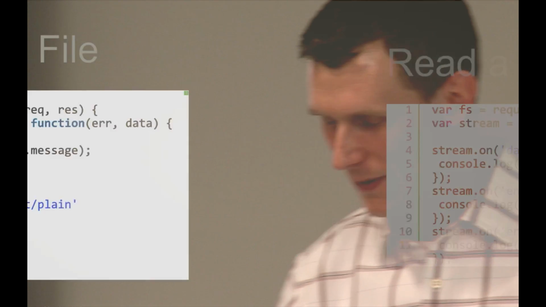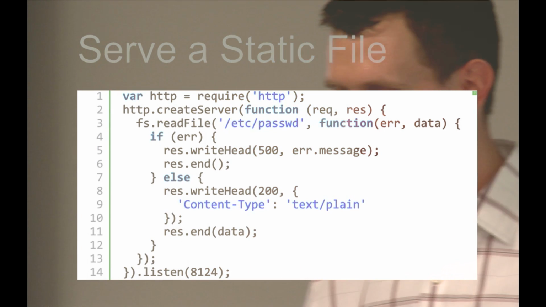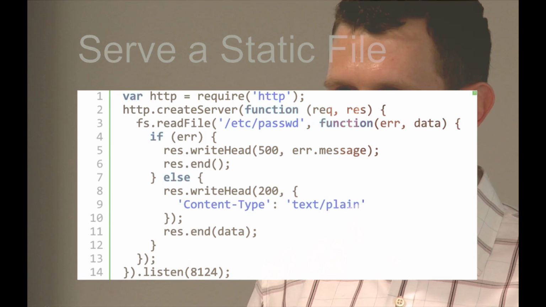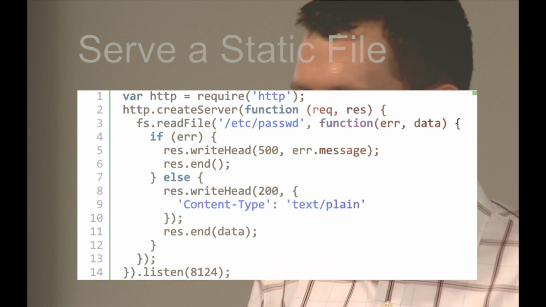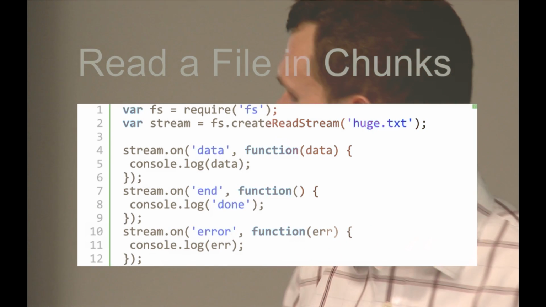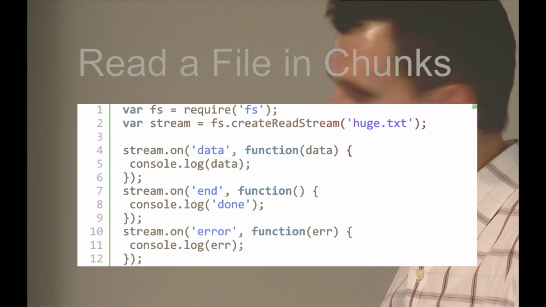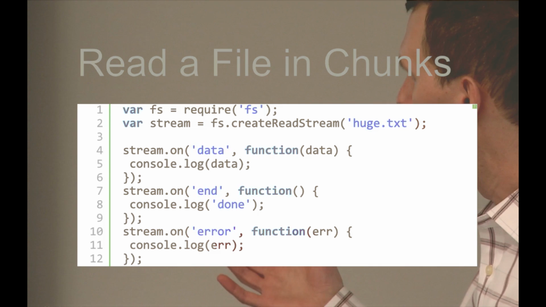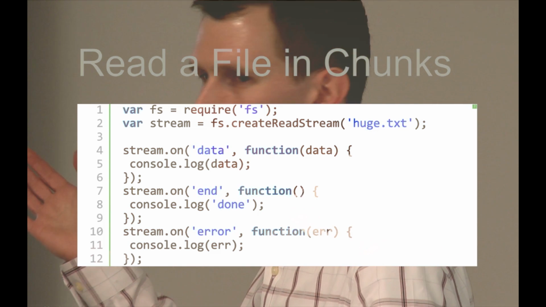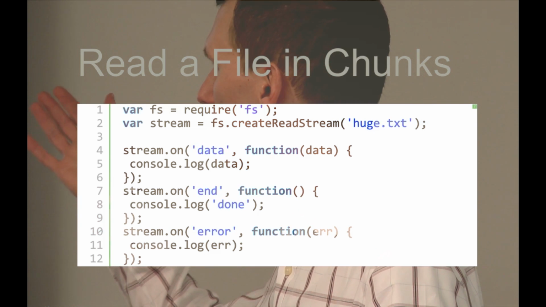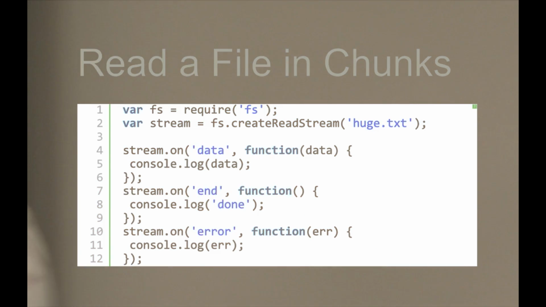So one of the things you might have noticed, if we go back to this one, is that here we're reading a file and we're getting all of the data. One of the things Node is really good at is doing things streaming. But if your file is really huge, then obviously you can't do that. So this is just an example that would show what you would do if you can't get everything you need in one function call. So in this example, you're going to create a read stream. Let's say you have a huge text file, and you want to be able to read the entire thing and process it. So you'll create what's called a read stream, and you have a variable here, and then you